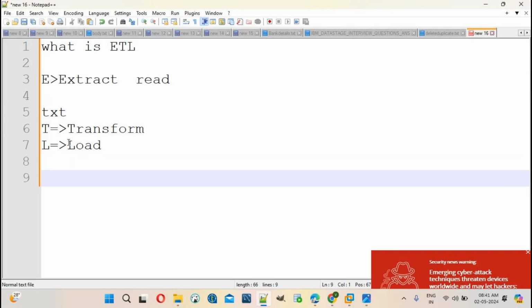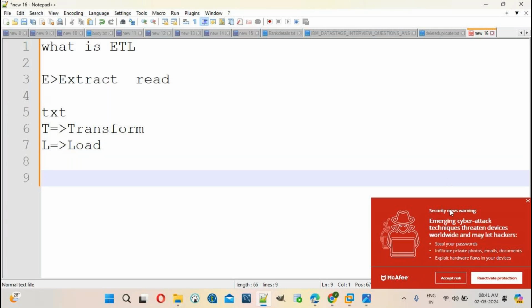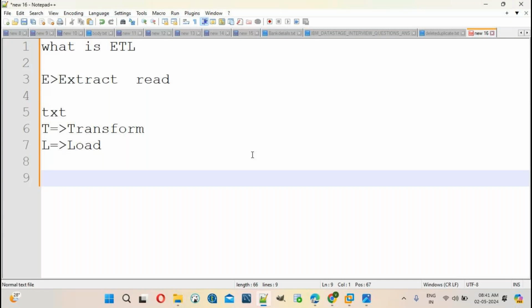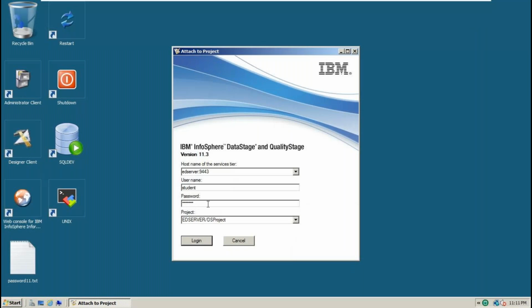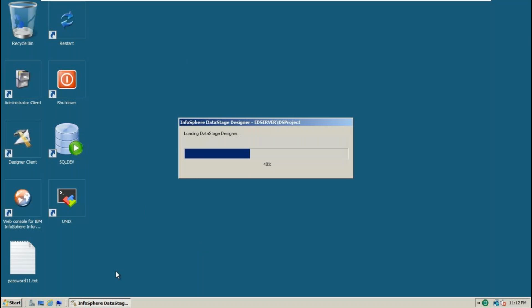We'll discuss full details in the regular classes. Okay. Let me take some example and let me explain it. Then you will understand easily, guys. Okay. So let me log in. I'm logging into the DataStage Designer. Okay. So how to install the software, we will explain in the regular classes, guys. Okay. So my requirement is